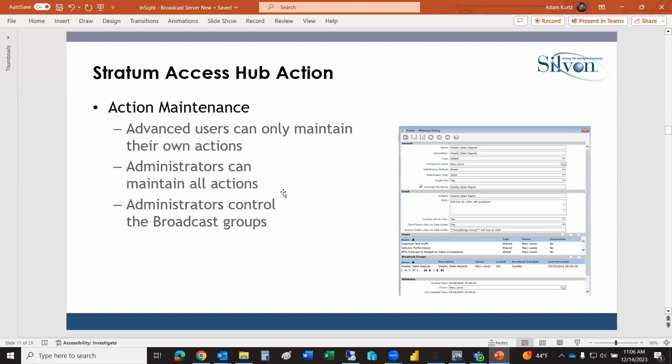Here we can see the action itself. Advanced users can maintain their own actions. So they can go in and remove some views. You can see a list of views down here that are part of this action. So those